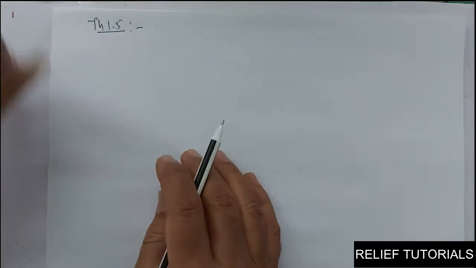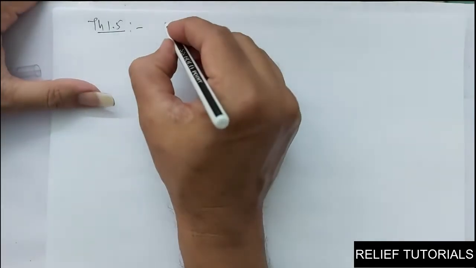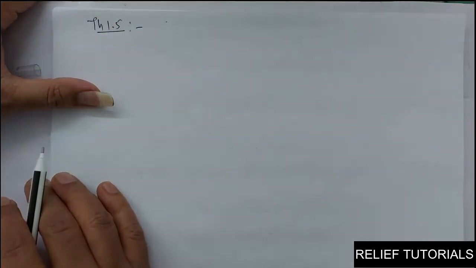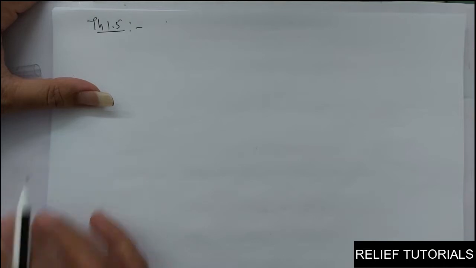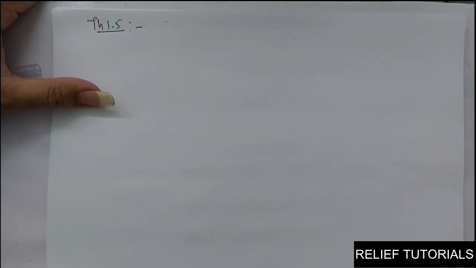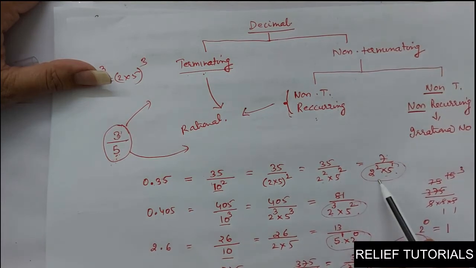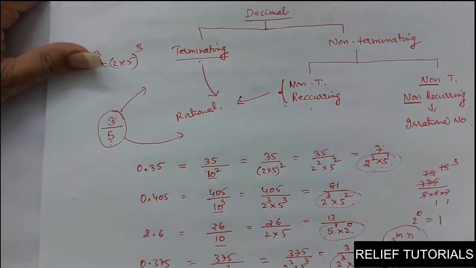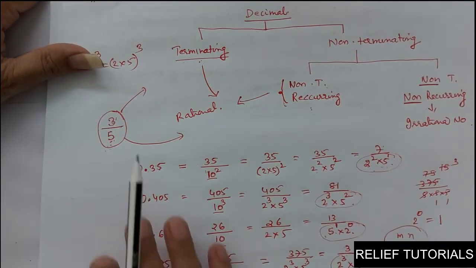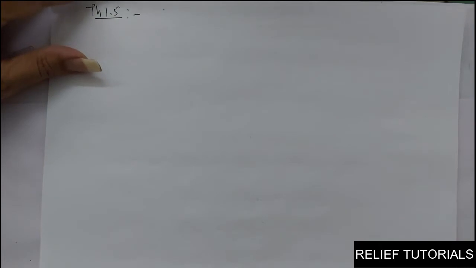What is that theorem? So we can say: let x be a rational number whose decimal expansion terminates. So all these are rational numbers. See, I told you they are rational numbers. All these are terminating decimals. Clear or not? All these are terminating decimals, and these are rational expressions in P by Q form, and their denominator Q is of the form 2 raised to m and 5 raised to n. So now based on this we will frame a theorem. See what theorem we are able to frame.